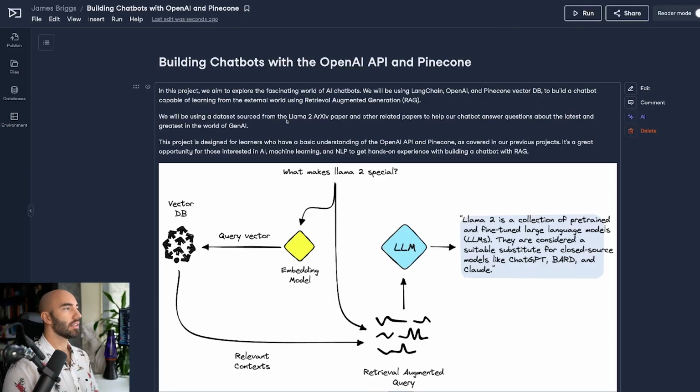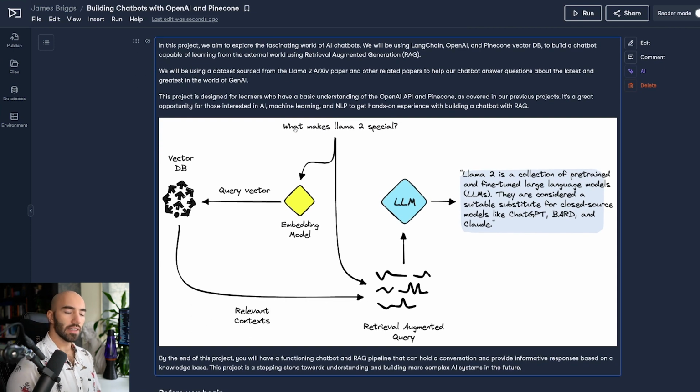We're going to be using this dataset that I sourced from the Llama 2 archive paper. Llama 2, I'm sure many of you are aware, is one of the more recent open source LLMs from Meta. And because it's very recent, most LLMs are not aware of any information about Llama 2, so it's a very good example of where we might want to use RAG.